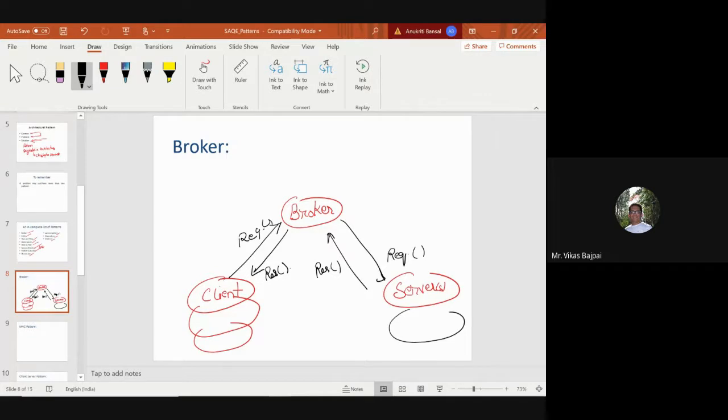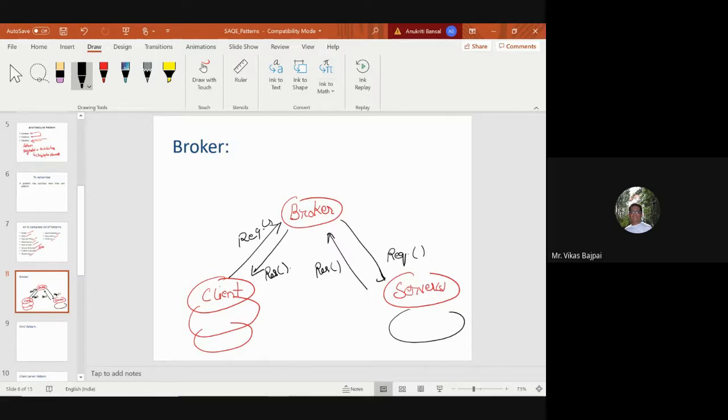What advantage do you see in this particular one? The server can be filtered from malicious requests, a security advantage maybe.